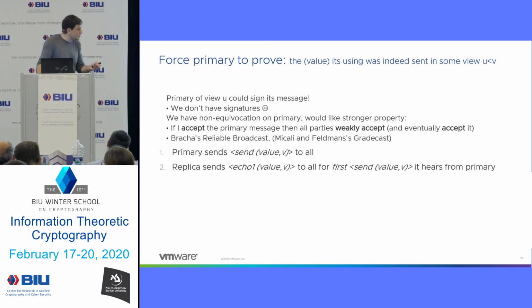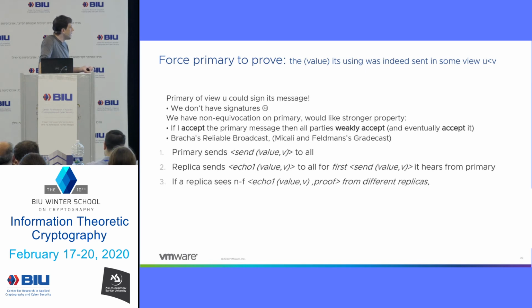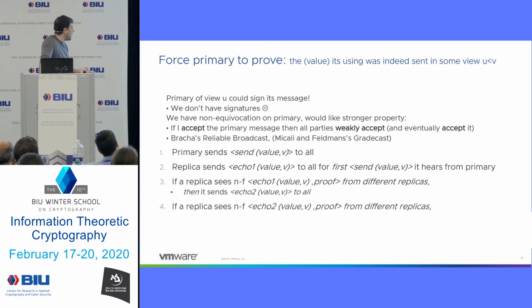Yeah, so we're going to just use echo twice. The first round of echo is just non-equivocation. And then if I see n minus f echo once, then what am I going to do? Well, I'm going to send echo 2. So this is kind of a new echo. And I'm going to do the same thing here, which is if I see n minus f echo 2s, then